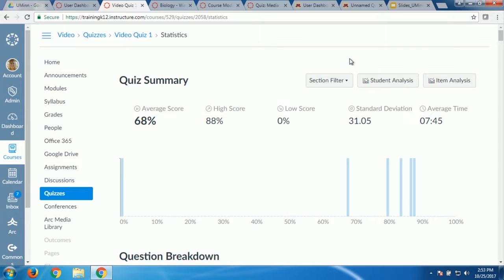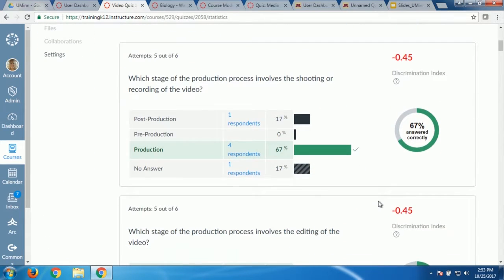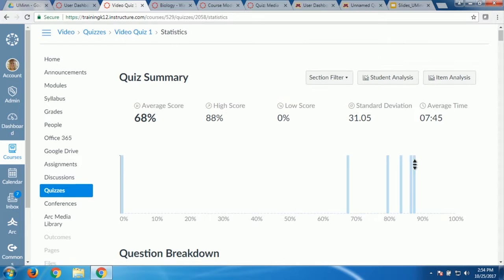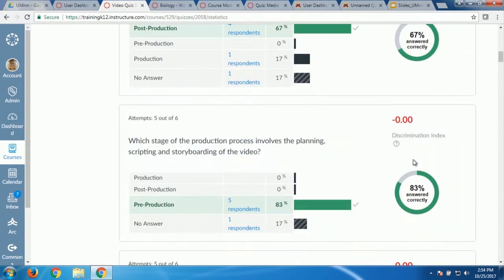You can filter by section. If you want to see data section by section, you can do that, or whole class. You get a grade distribution, and then you get that item breakdown on the screen. So you see the discrimination index, you see the percentage correct, you see who answered which incorrect and correct questions and how many people out of the percentage. That's helpful if you're trying to see which answer choices they're getting confused by. You can definitely get this breakdown here, or if you want a more data-based view, you do those spreadsheet views.